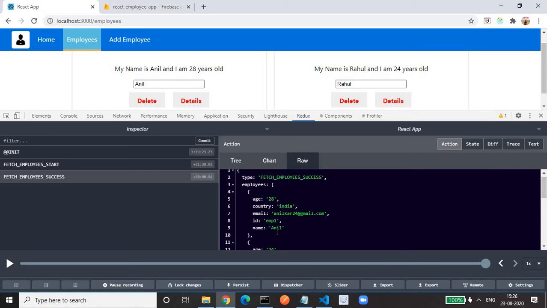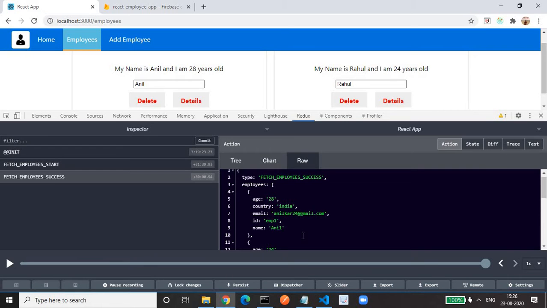And this action is being executed by the reducer. Based on the type, I will show that in the reducer we have a switch statement. Based on the type of the action which it matches in the switch statement, it will execute that action and it will update the state in the store. So once again I am summarizing everything.